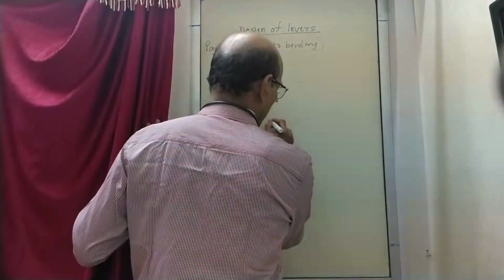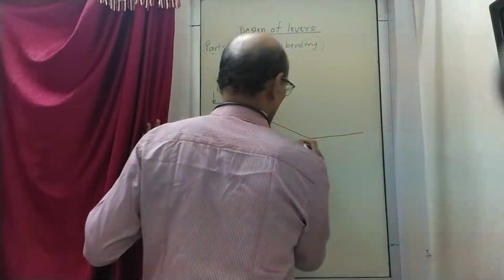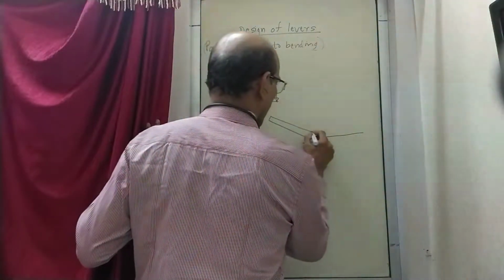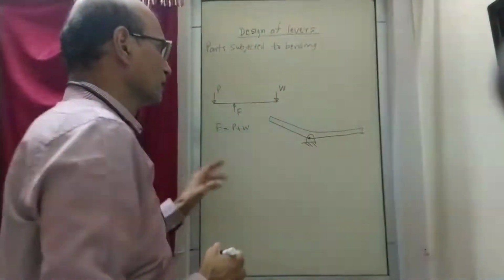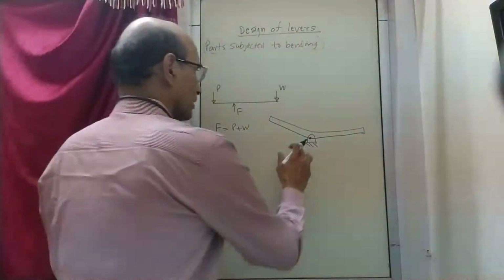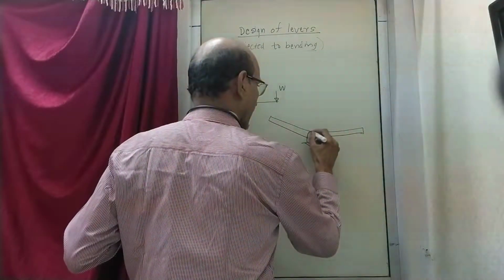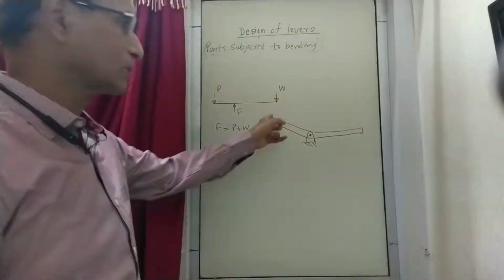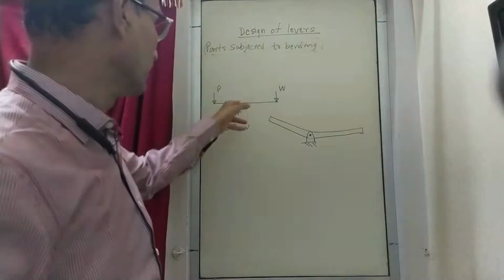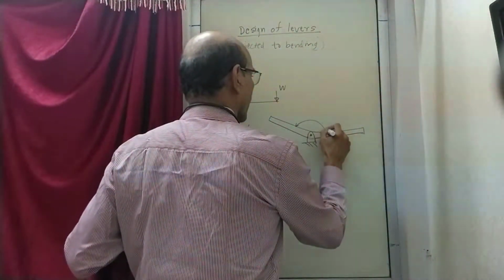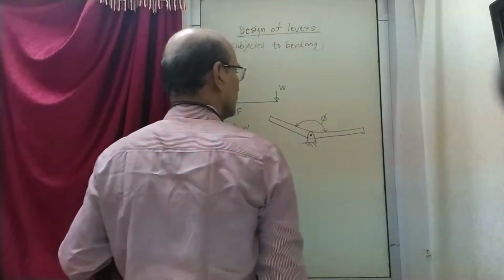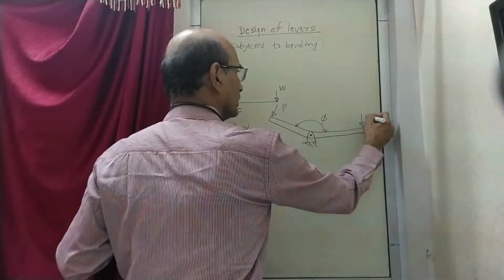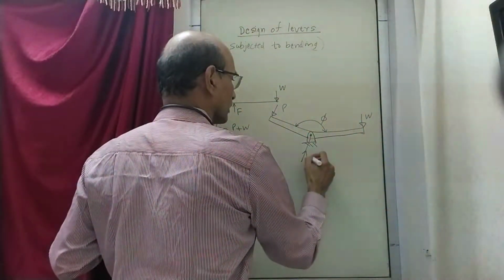Say, it is one piece. The shape of the lever itself is like this. In fact, I should draw it in a better way. The fulcrum will be here. So there is some angle between the two arms. Here it was 180 degrees. Now this is something else. So phi is the angle between the two arms, and the rest is the same. There is P acting here, W acting here, and then F acting here.